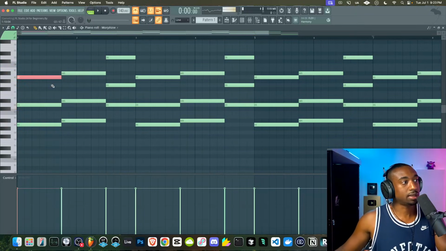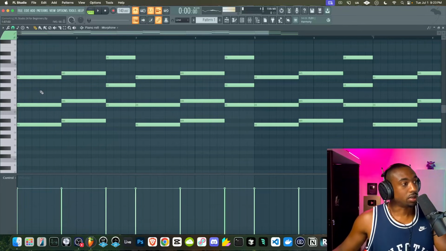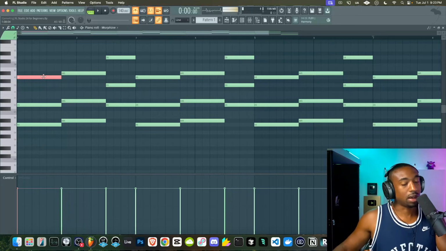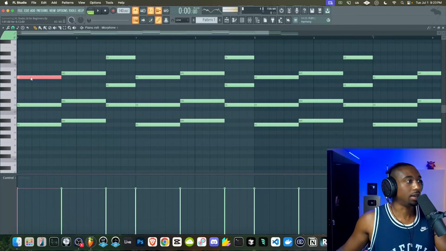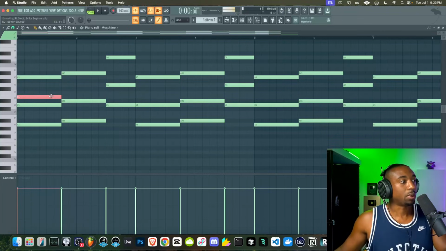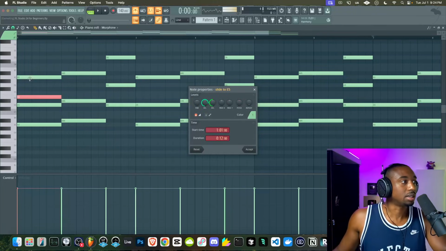Okay, what we can do is actually slide notes. I have a more advanced technique, but for now we're gonna use the basic technique. So let's take this top note, count down 5 notes. Let's do that again. Hit Control to highlight it, hit Shift, left click to duplicate, hit Shift down 5 times. 1, 2, 3, 4, 5. And now we're going to double click this note and make it what's called a slide note. So basically this A will slide to this E.